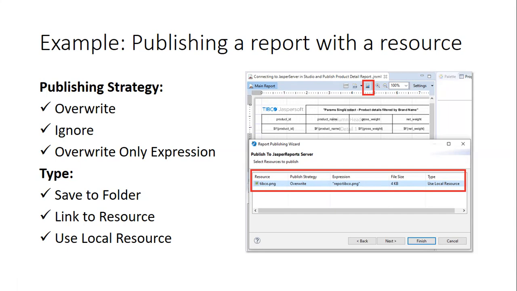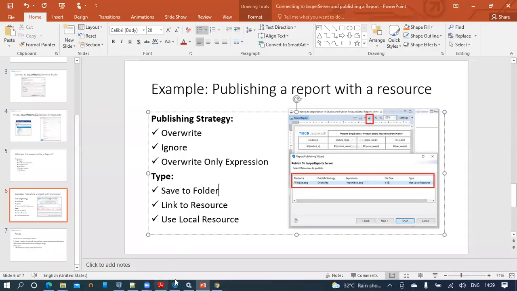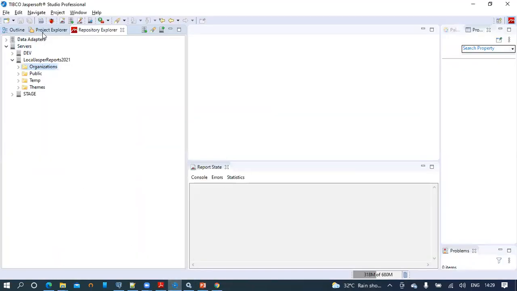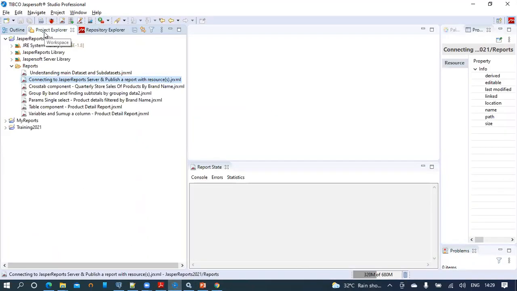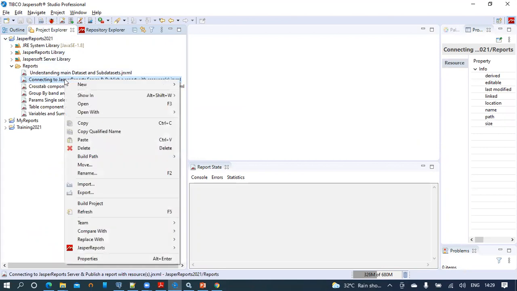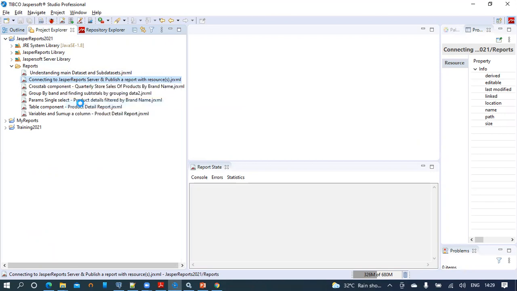Let us see how we can publish this product detail report with an image resource to the server now. From the studio, open the Project Explorer folder. I already have a product detail report created already. So let's open this report.